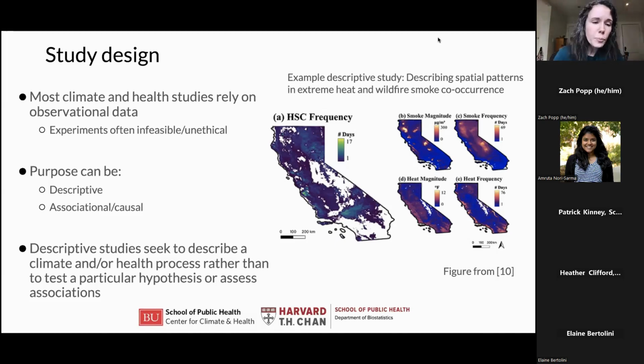An example of a recent descriptive study in the climate and health space was the one that produced this figure, which was describing spatial patterns in California in extreme heat and wildfire smoke co-occurrence. What you're seeing in these maps, similar to the ones Heather was showing you how to produce earlier, is the frequency of heat and smoke co-occurrence. That's what HSC stands for, across communities in California, with lighter colors indicating higher, more frequent heat and wildfire smoke